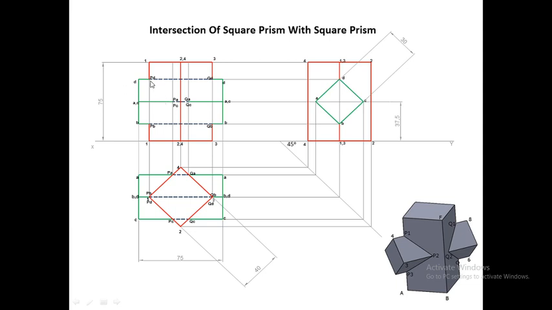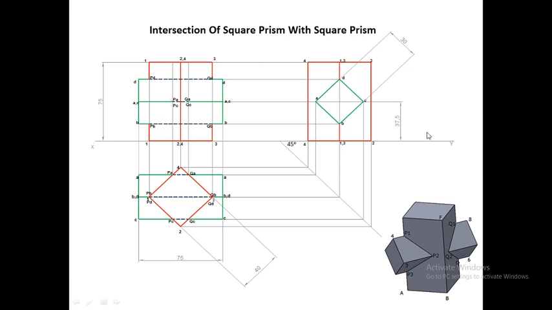So in this case, both the dark line D to C, which will be visible, and D to A, which will not be visible, are overlapping with each other. And I have already told you that whenever a hidden line and a visible line are overlapping with each other, we have to always show the visible line. That is, the portion from D to A will be drawn with the help of a dark line. So D to C will be dark and B to C will be dark.